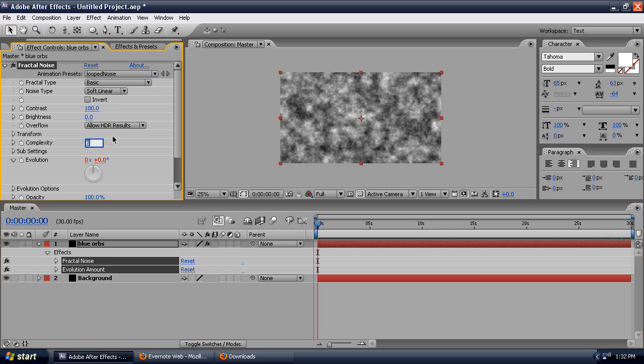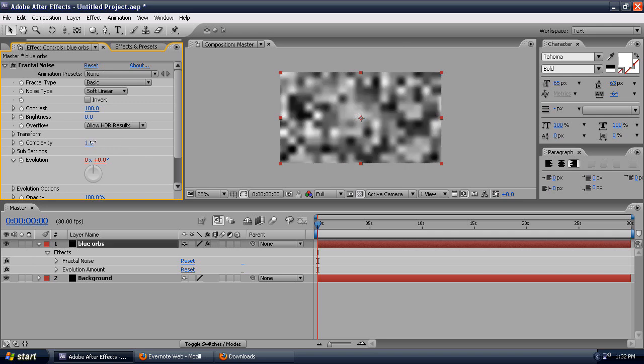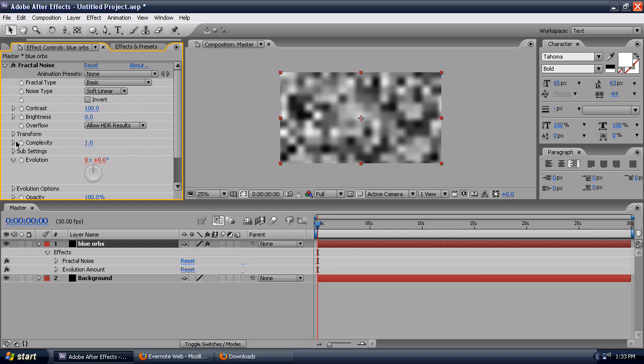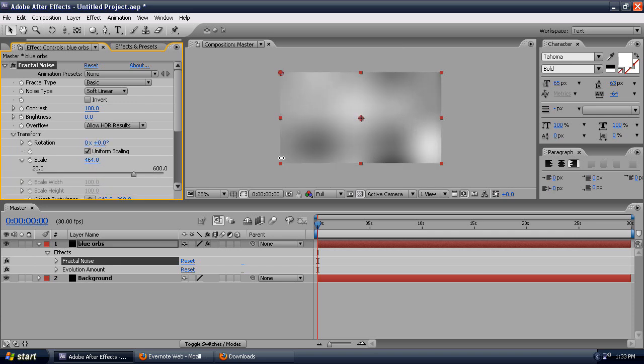So now what we're going to do is mess around with how this fractal noise looks. I'm going to set my complexity down to 1. You can see the difference between 1 and 10. It's basically how much detail is in my fractal noise. I don't want hardly any detail in my fractal noise. Then I'm going to take my transform and I'm going to scale this way up. So I'm going to scale this maybe to